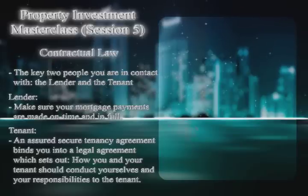Now the tenant is covered by the Housing Act, so you can't put in things like, if you stop paying the rent I've got the right to throw you out, because that would be against the Housing Act. But you can put reasonable clauses in there, and they'll just be subject to reasonableness tests if it was ever to come to court. Now also what I've included in the data CD is an eviction notice for section 21